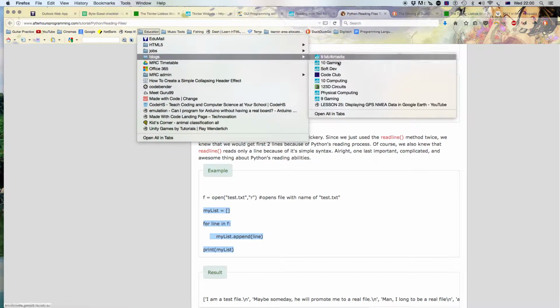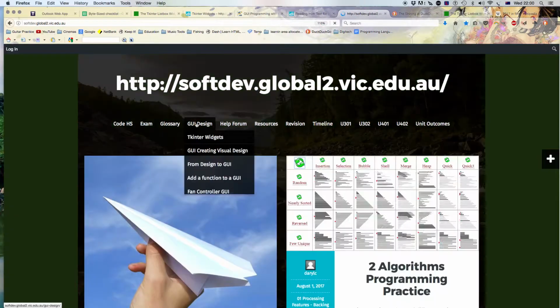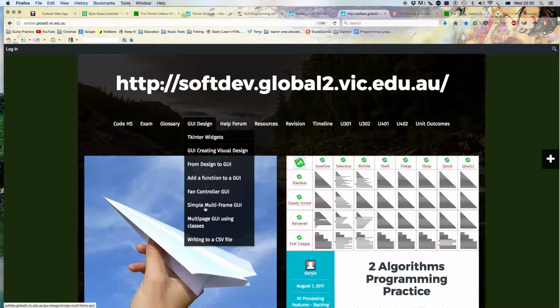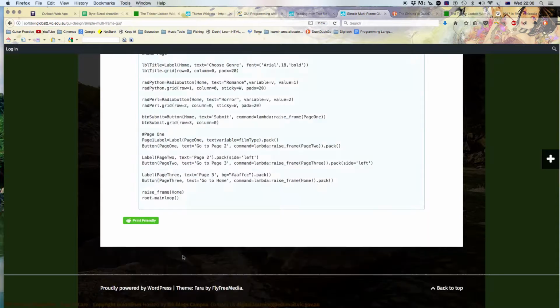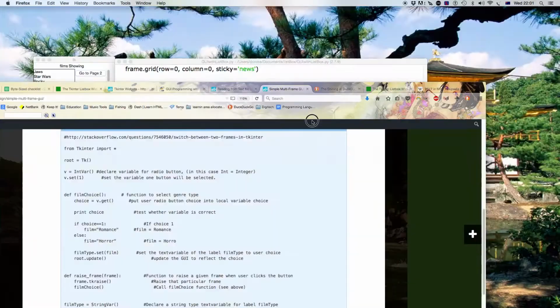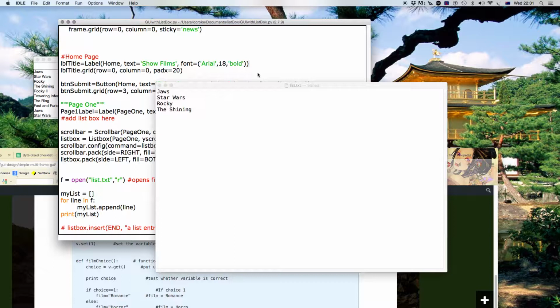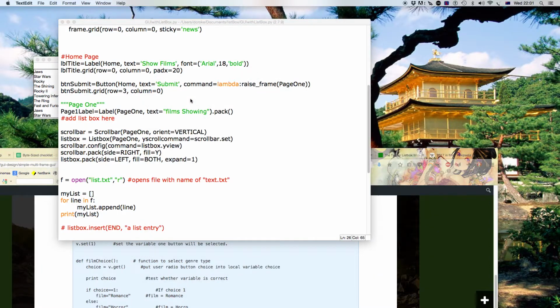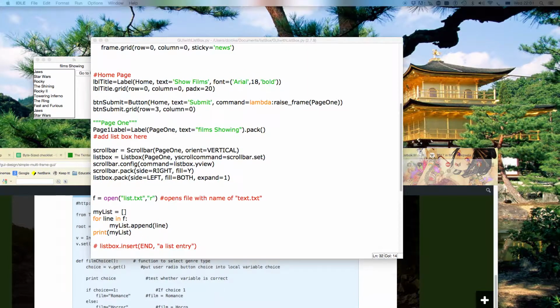But I've actually got the raw code. GUI design, simple frame, GUI. So that's where I got that information from here. So to build my basic GUI, I sort of built it up from there. Okay, so let's go to a couple other places where I got the information from and how I went about doing this. First thing I did is I dragged my code, and I just started off with